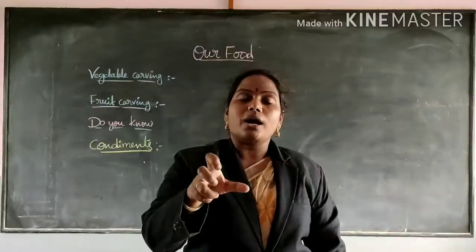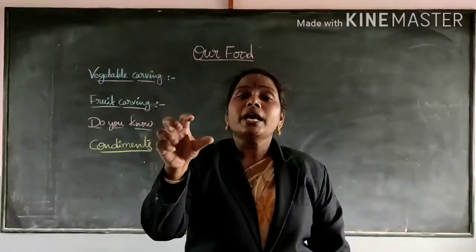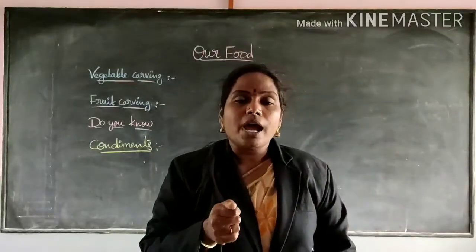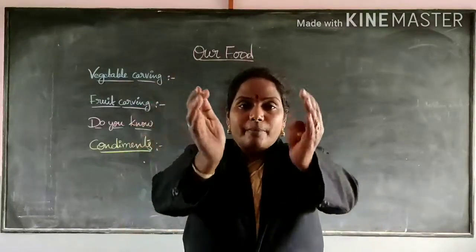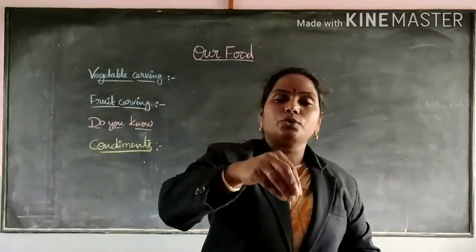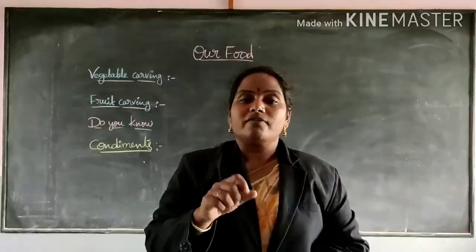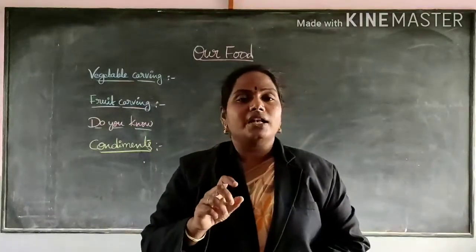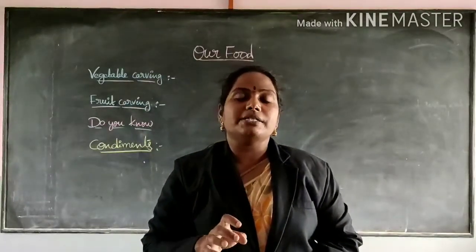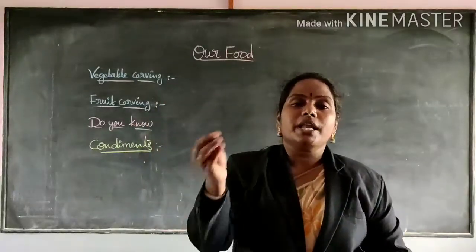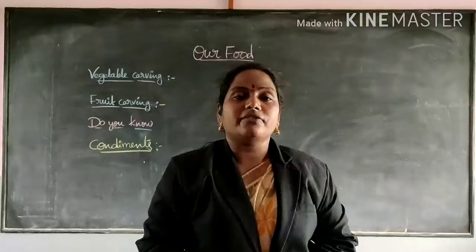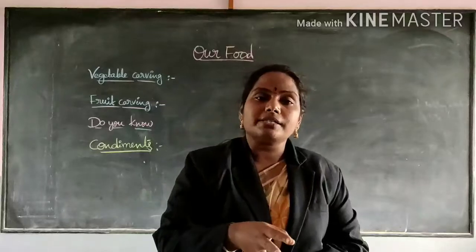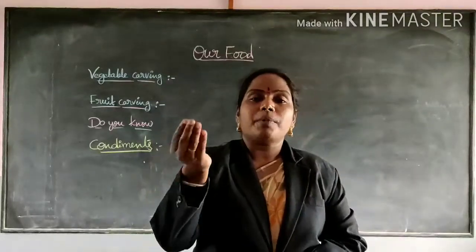Then next you have to take one more heading, Preparation Method. For this you have to write: first switch on the stove and then light the stove. Next keep a bowl on it. Now add 2 tablespoons of oil to it. After heating the oil, add onion pieces and chili pieces. After frying the onion and chili pieces a little, add the curry leaves, biryani leaves, and 1 piece of cinnamon. Next after frying totally, add the ginger garlic paste,